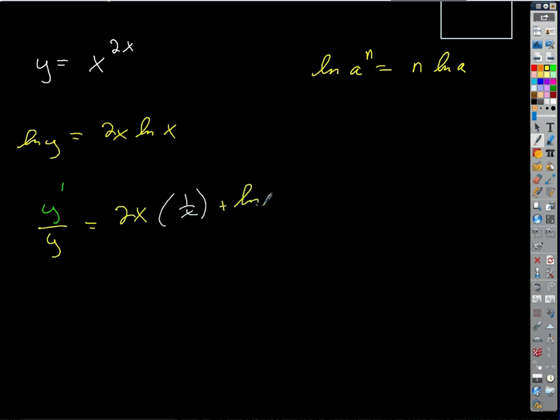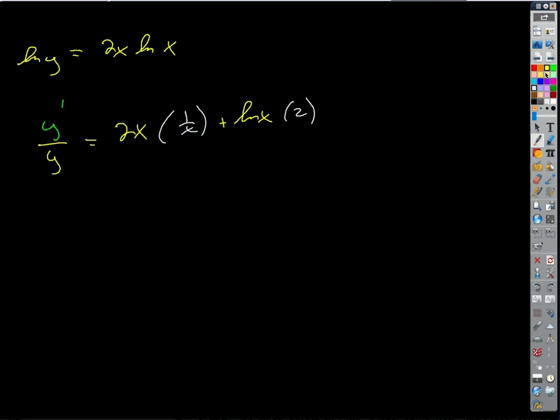Plus log x times 2, and then when all the dust settles, that's just 2, isn't it? So 2 plus 2 log x, and if I multiply each side by y,